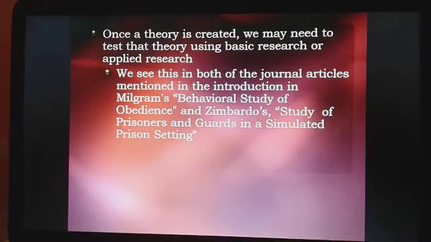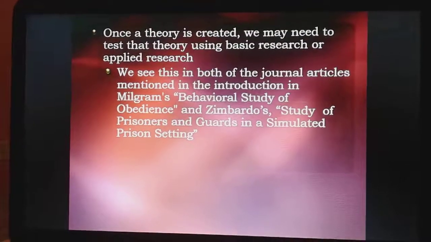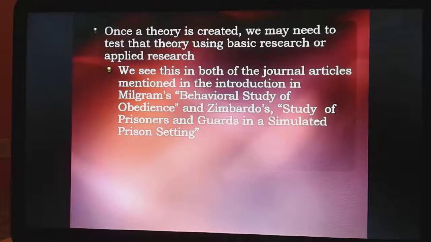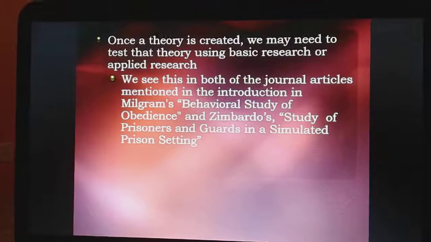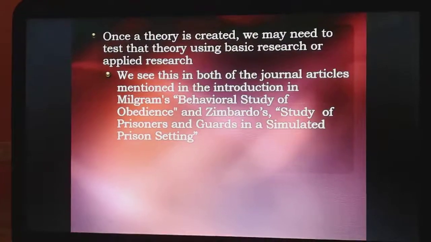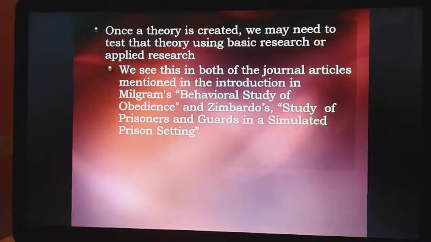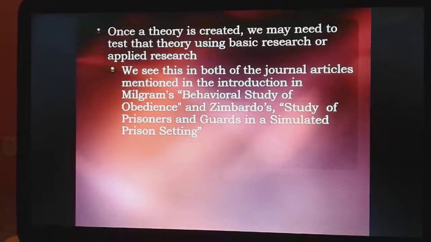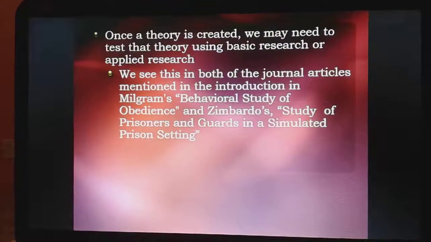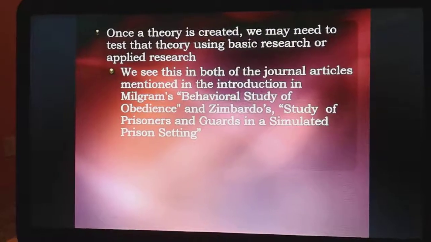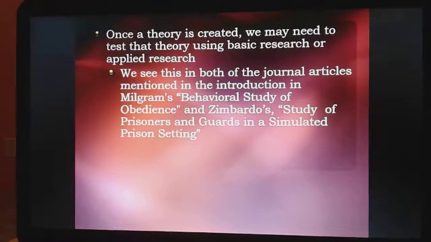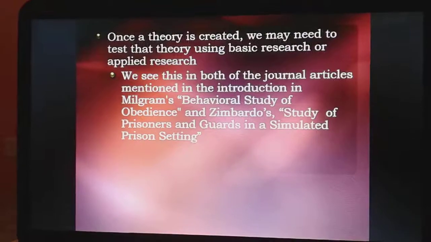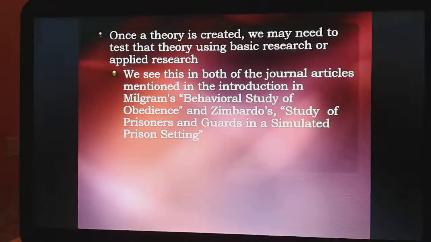We also see the struggle that the subjects are experiencing when instructed to give higher doses and at times lethal doses of electrical shock to the other subjects of the study. Now, we also mentioned Zimbardo's study of prisoners and guards in a simulated prison setting. This study was conducted to further examine the basic psychological mechanisms underlying human aggression and conformity. This study was sponsored by the Office of Naval Research to develop an effective training for recruits by putting them in certain conditions to prepare them for possible situations that may arise.